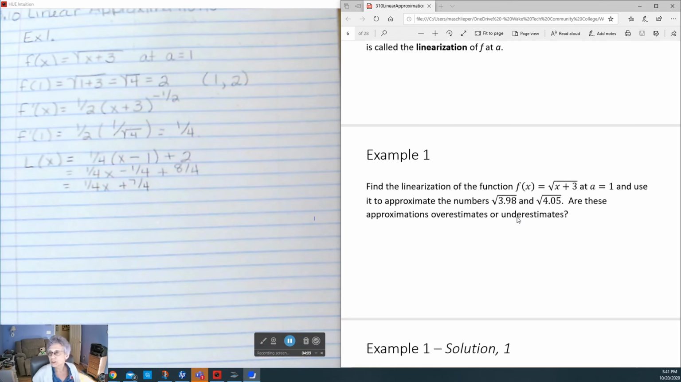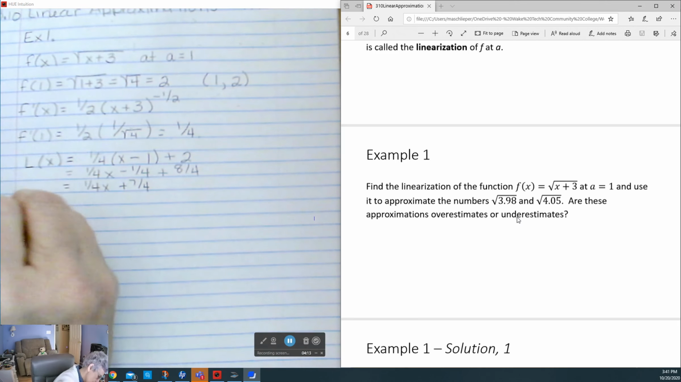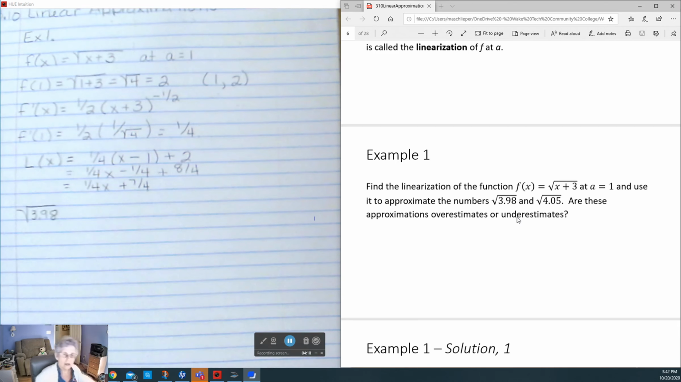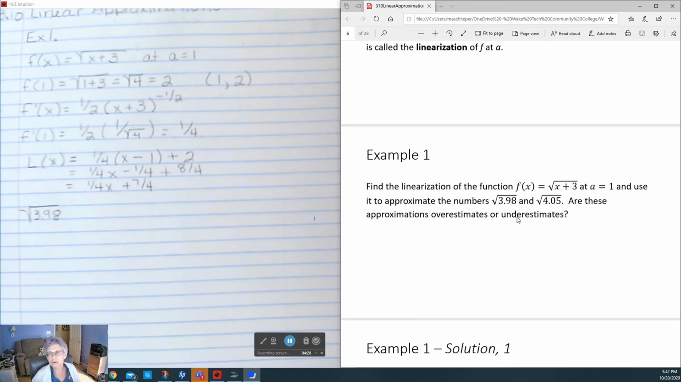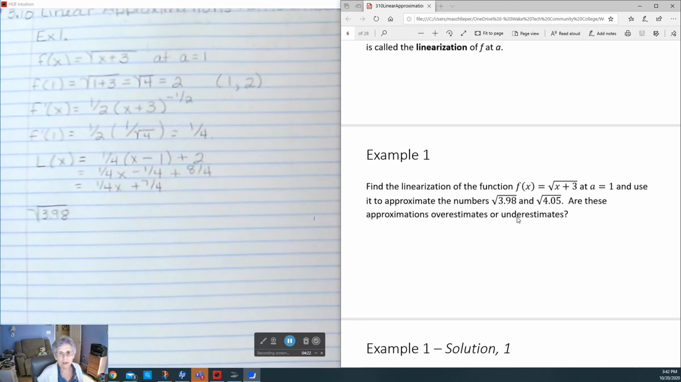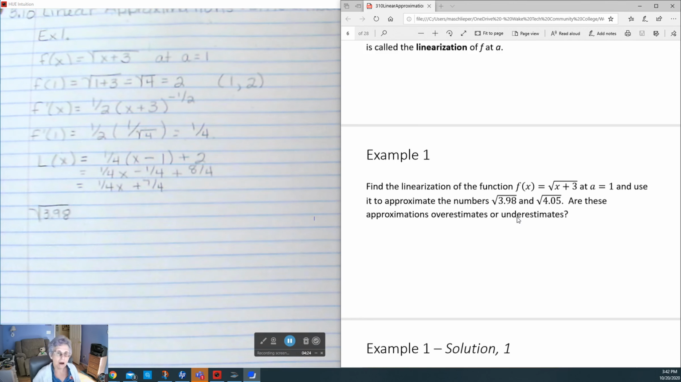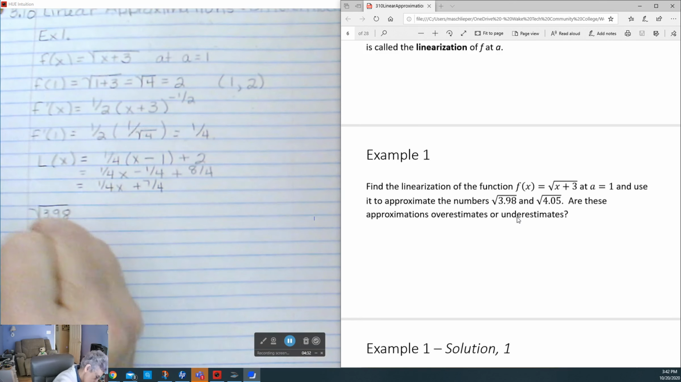Now we're asked to use this to approximate the number square root of 3.98 and square root of 4.05. So what I need to figure out is what input I need, f of what number is going to give me the square root of 3.98. So